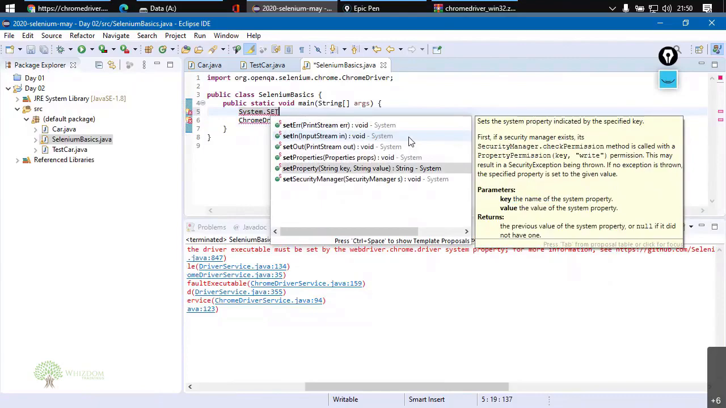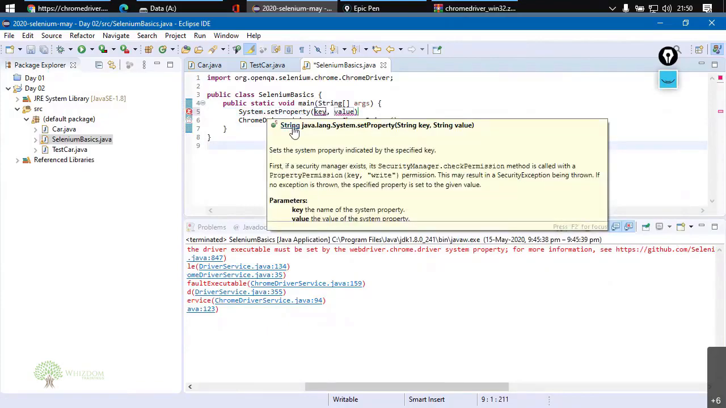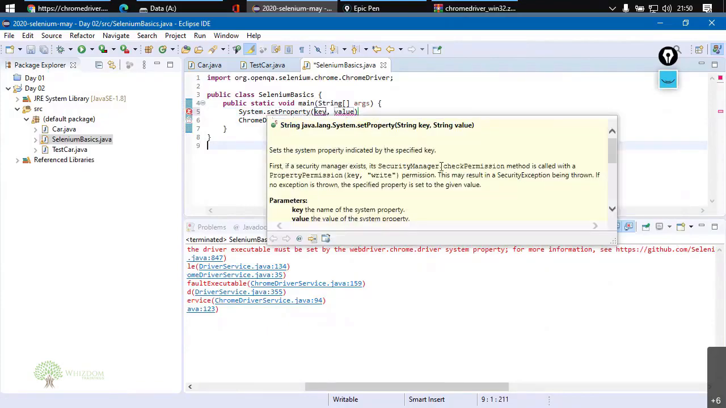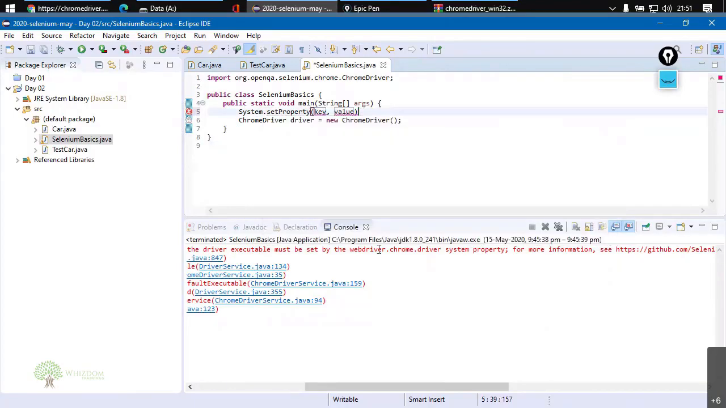Now setProperty allows us to specify a property. What property? Let us just highlight this. You guys can read that over here. It sets the system property indicated by the specified key. Now it needs two things, a key and a value. What is the key and what is the value? The key is specified here directly,